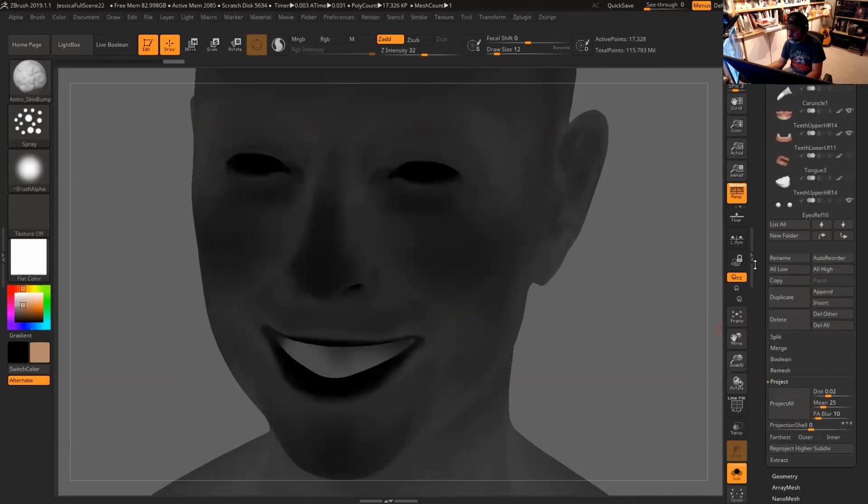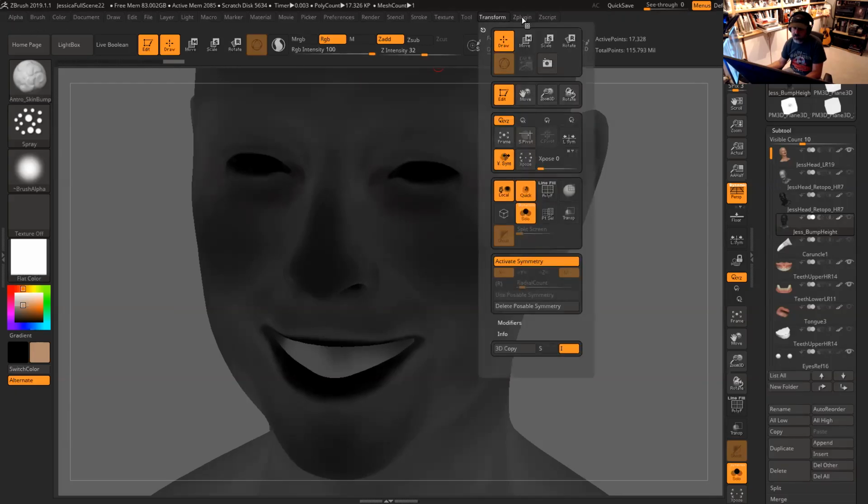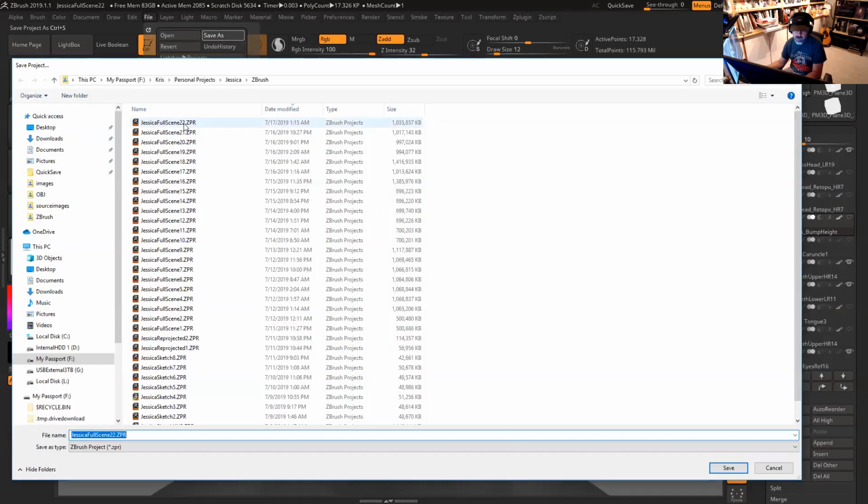So I'm going to start by renaming this subtool. I'm going to rename it to chest bump height. Just like that. And then make sure I have my RGB all the way to 100. And before you export anything using the multi-map exporter, take note of this. Always save your file before you mess with the multi-map exporter,